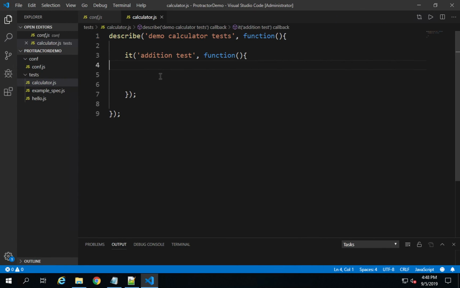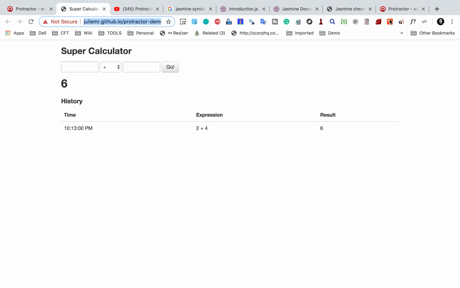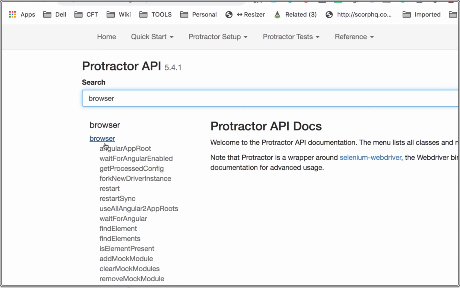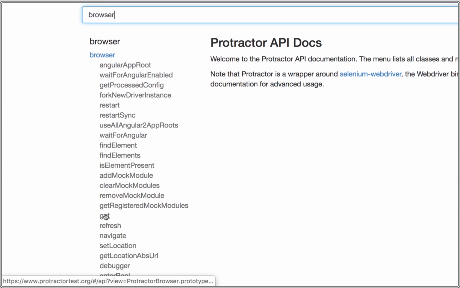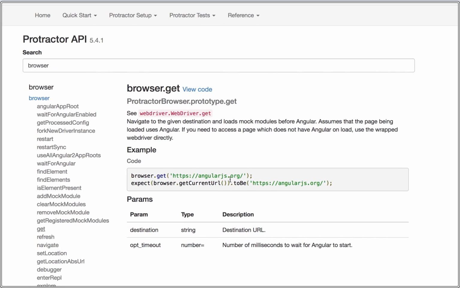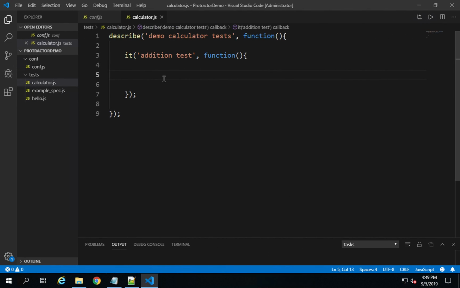Now the first step is we have to open the browser and go to this website, which is super calculator. So for that I will just search for browser, and you can see there is already a section for browser here. Let me see what is the method I can use. So here we have get. I will click on get, and you can see this is how I can use the browser.get function to go to any website. So I will just copy it from here and put it in my code here,